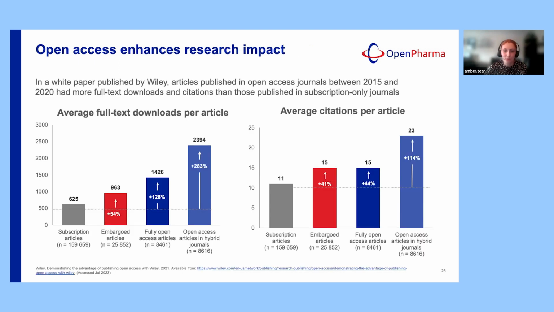Next slide, please. So these are some of the metrics I talked about earlier. Accumulating evidence now suggests that open access publishing enhances research impact. A recent white paper from Wiley found that articles published in open access journals between 2015 and 2020 had more full text downloads and citations than those published in subscription-only journals. And articles published in fully open access journals had a 44% increase in citations compared with subscription articles. And this actually increased to